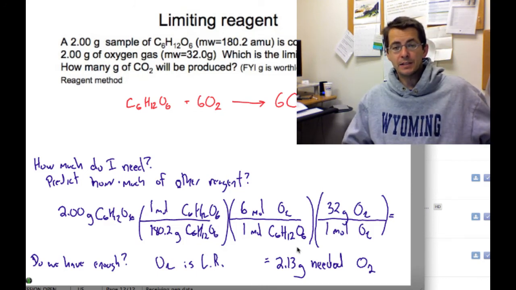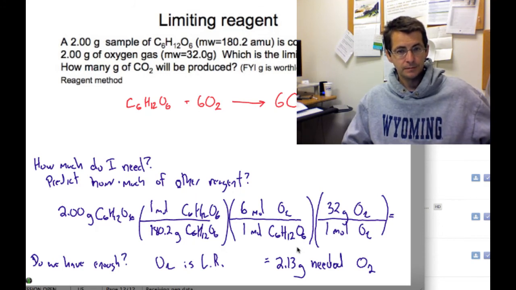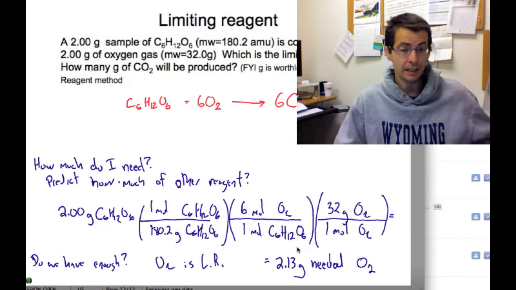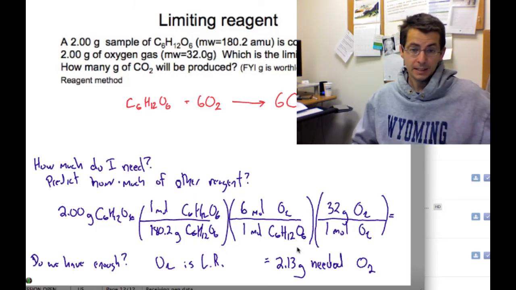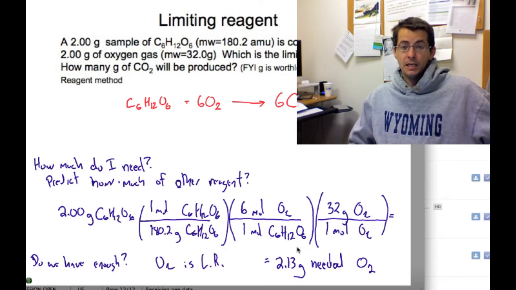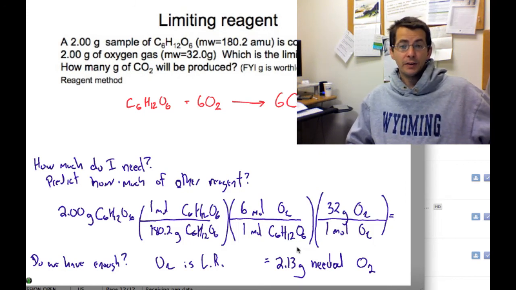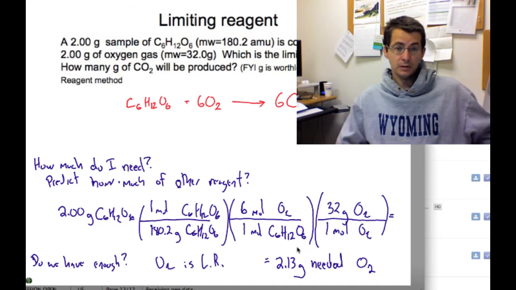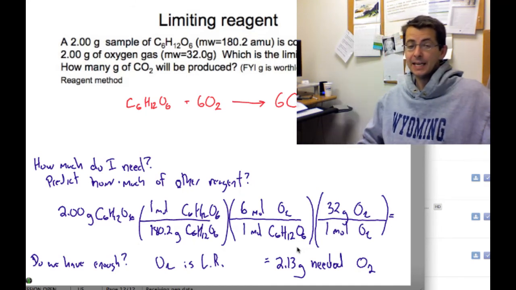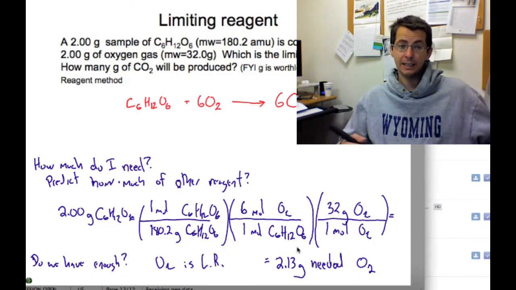What's nice about this is you only need to do the calculation once. What's not so nice is then you actually have to do the comparison. You have to think about the reaction. On top of that, it doesn't answer the problem. We need 2.13 grams of O2, therefore O2 is limiting. So to answer the problem, we would then have to go back and recalculate our reaction based upon